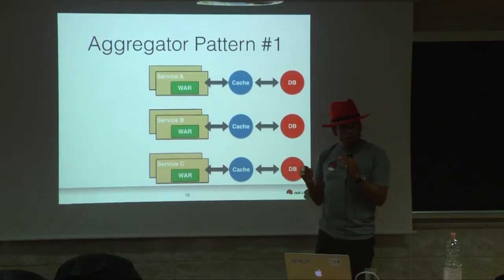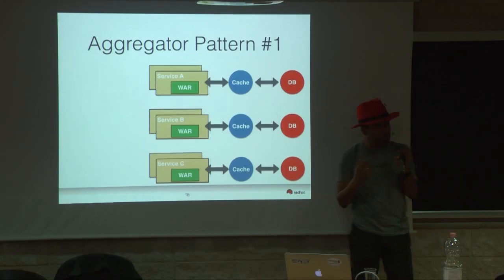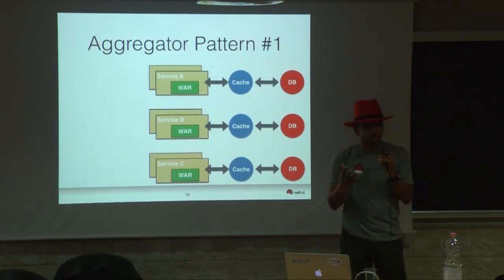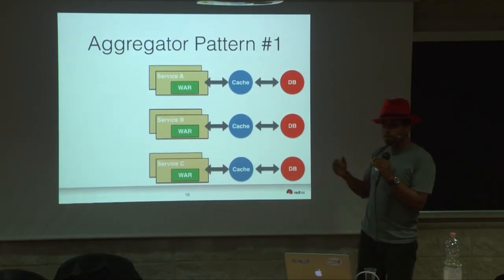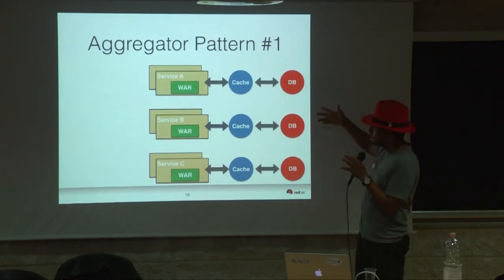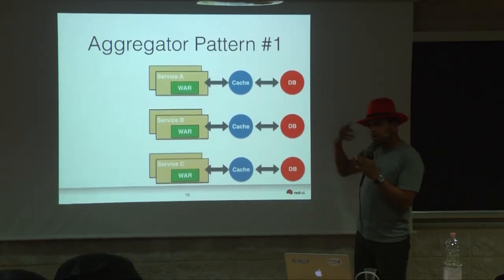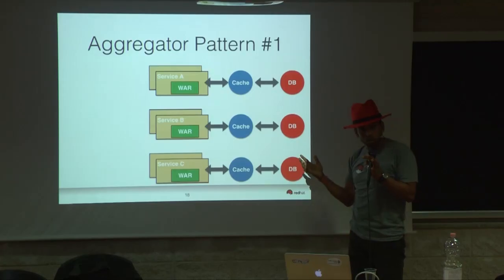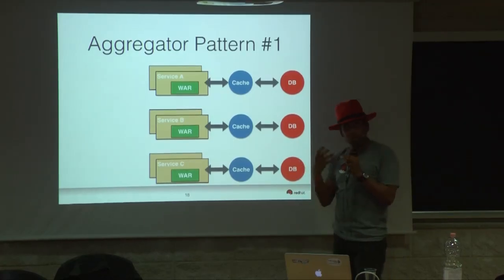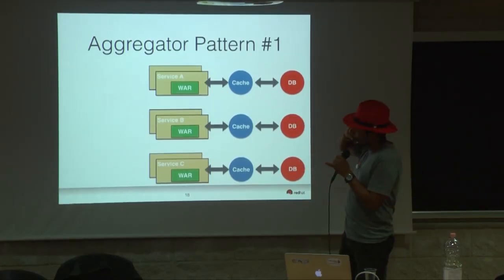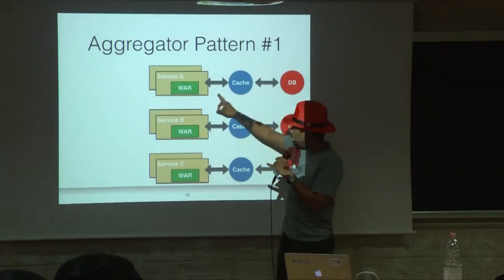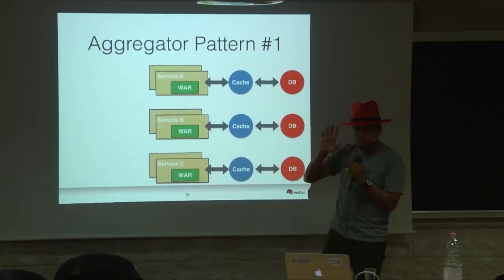So how do you refactor your database? How do you normalize or denormalize a database like that? It's not going to be easy. And if you do denormalize or normalize, then you have to start replicating data, so your overall size grows up. So I think that's another challenge that we have seen in terms of refactoring. But anyway, once you have service A, B, C, each having their cache and database, possibly optional,